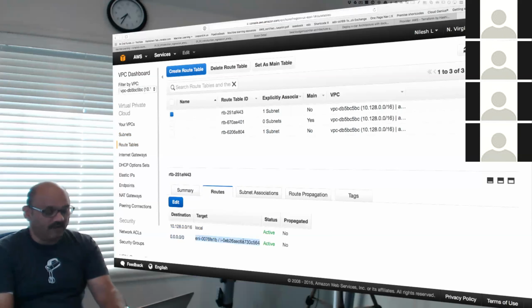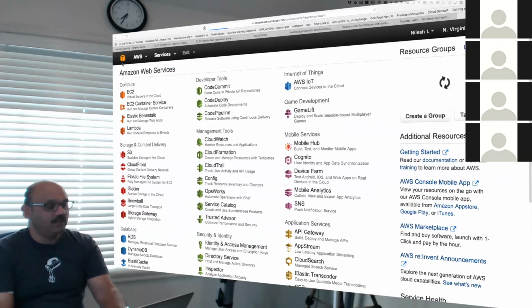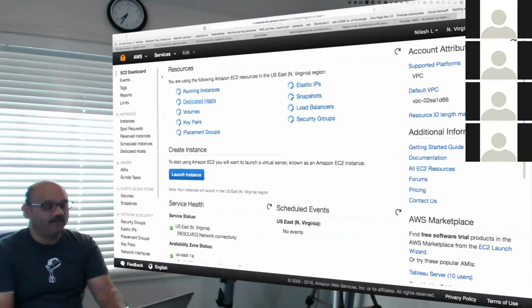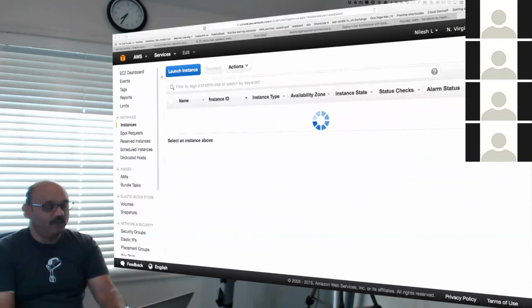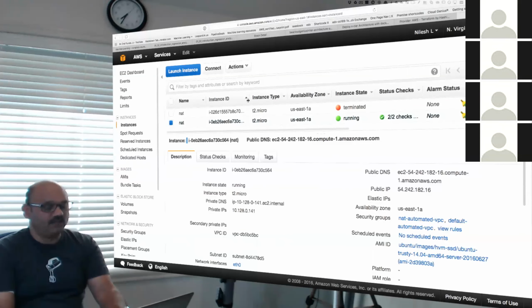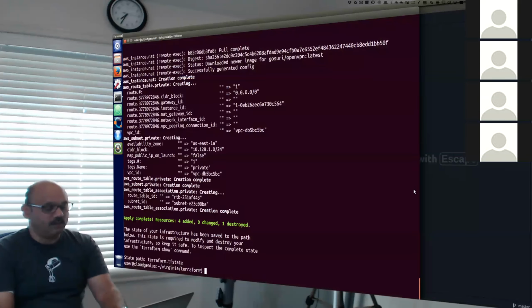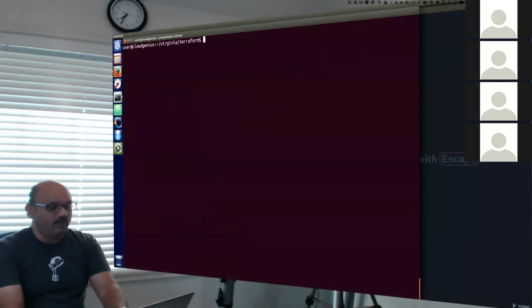This NAT device is C564. It is active, and it is this NAT device that is now running right now here, and the ID number should be C564. And we should be able to grab this public IP address and get to the machine like this.